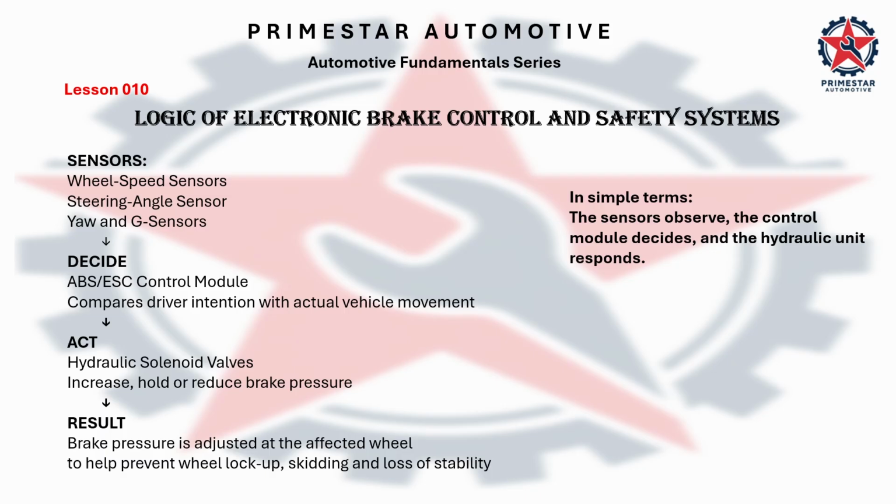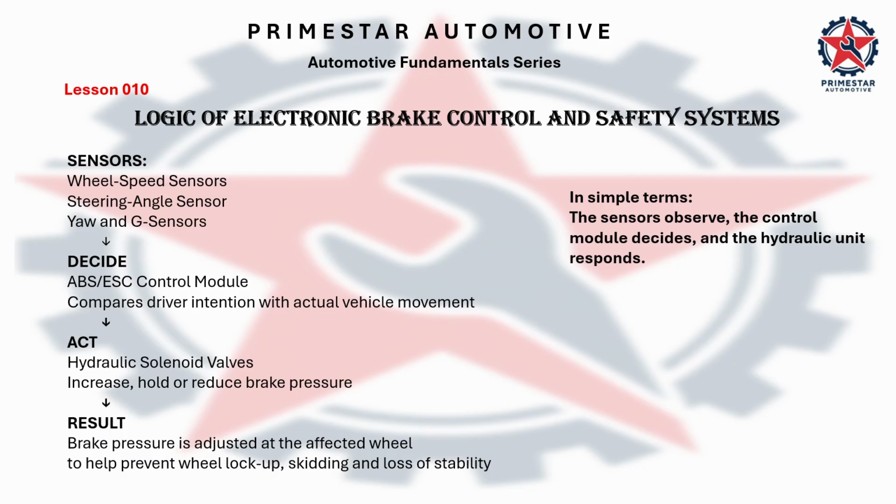Then the module decides based on the driver's command, demand, and intention compared with the actual vehicle movements. And the hydraulic solenoid valves respond to either increase, hold, or reduce brake pressure. The result: brake pressure is adjusted at the affected wheel to help prevent wheel lock-up, skidding, and loss of vehicle